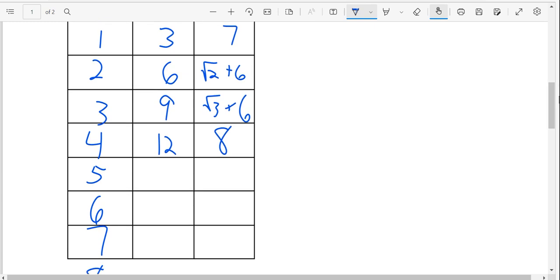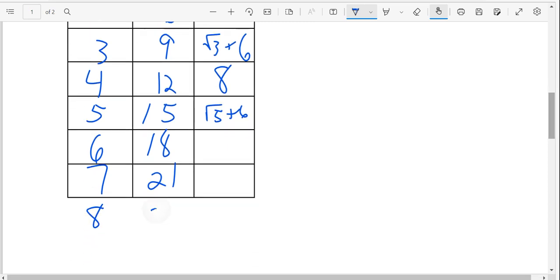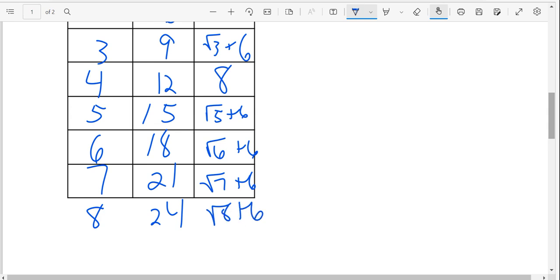5, you're going to get 15 and root 5 plus 6. 18, 21. I'm sorry I didn't have a box for this last one. 24. And we're going to get root 6 plus 6, root 7 plus 6, root 8 plus 6. So when we graph this,